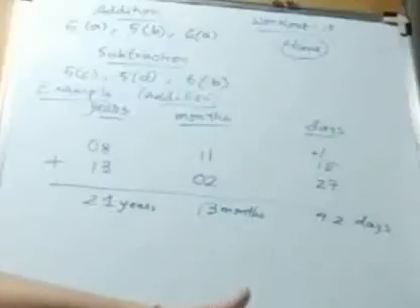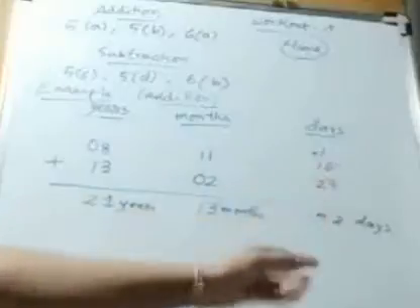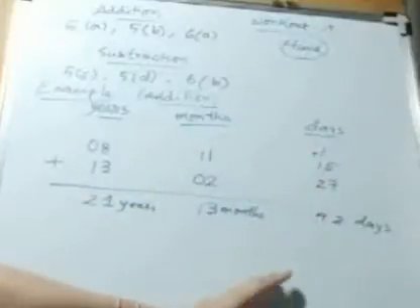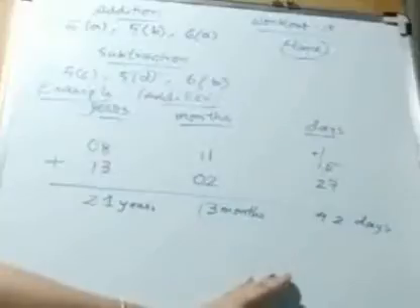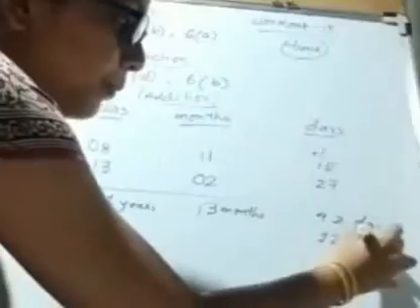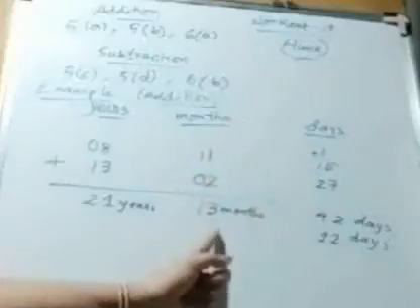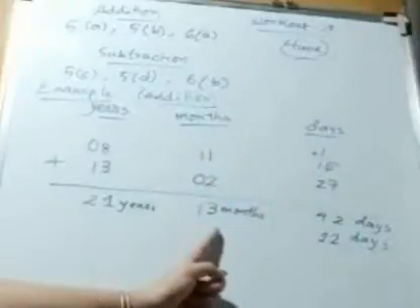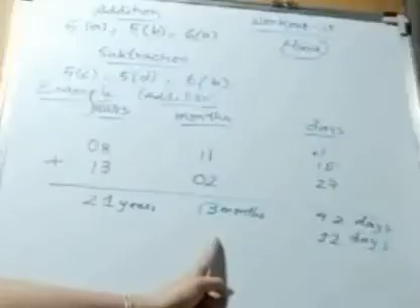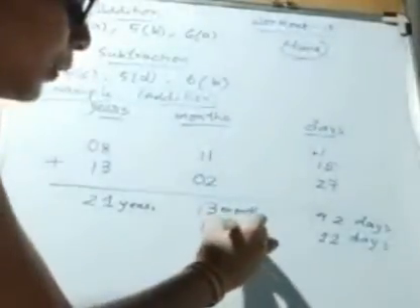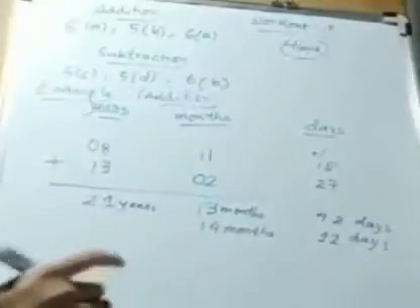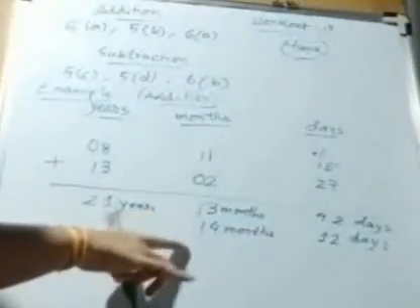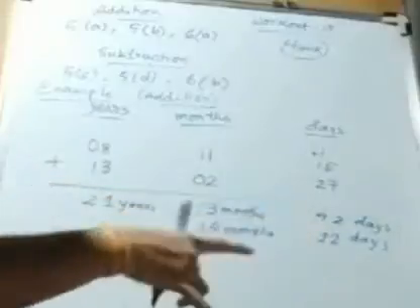हमको क्या पता है कि एक मंथ में 30 डेज होता है. 30 डेज से ज़्यादा है, मतलब इन 42 डेज के अंदर में एक मंथ छुपा हुआ है और उसके साथ 12 डेज एक्स्ट्रा है. So you have to write 12 days. और एक मंथ जो हमको ज़्यादा मिला है उसको हम इसके साथ ऐड कर देंगे. ठीक है, you have to write 14. Okay, ऐड करके लिखना है, you will not write +1. Just you have to write 14 instead of 13, as we are getting 1 month more in 42.